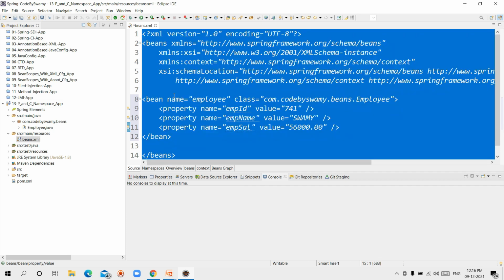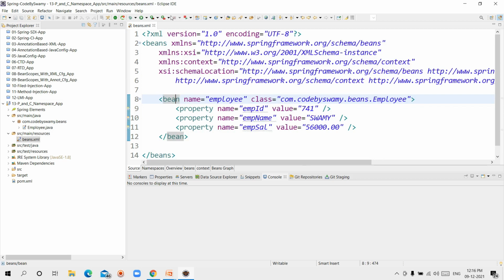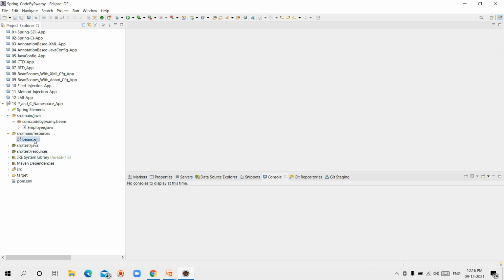Alt Shift F to align the code. Yes, I am ready with the beans.xml configuration file also.